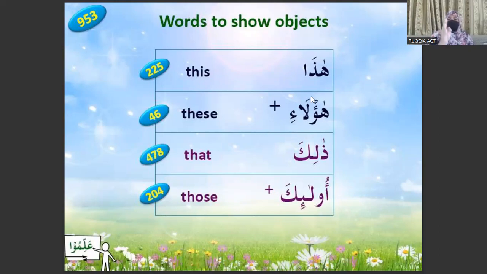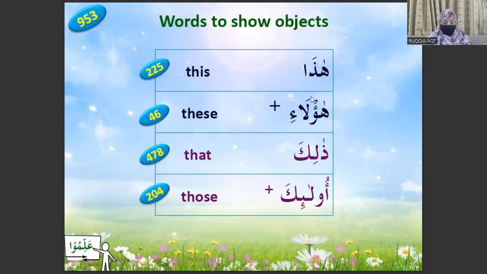Today we are using this. It is in between them. The first we use on this side, then in front of us, but we are using haulai, these, and for zalika and ulaika, we are pointing on this side. Who will revise this table? Dr. Aksa, you have already raised your hand. Please practice it, but for one thing,